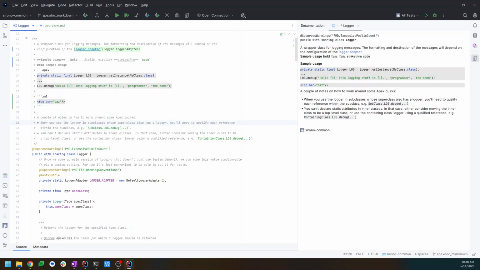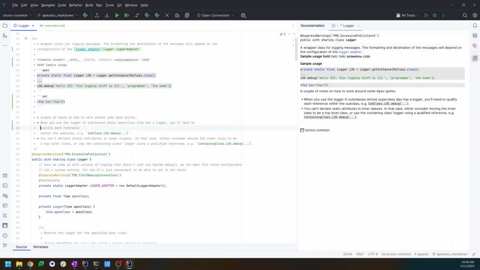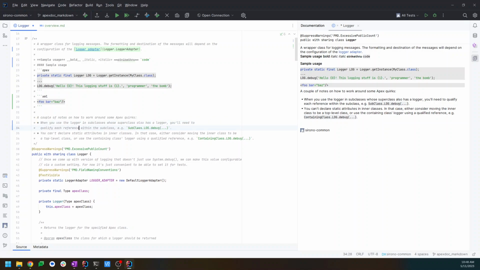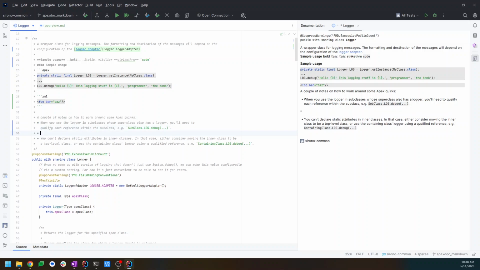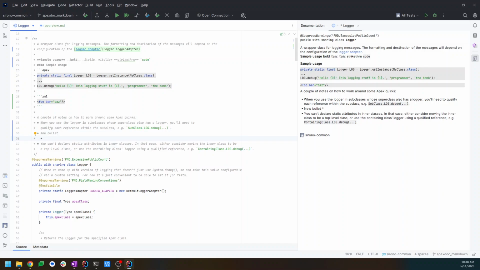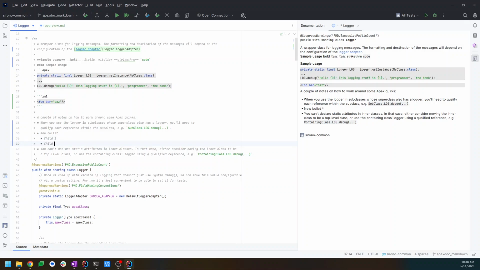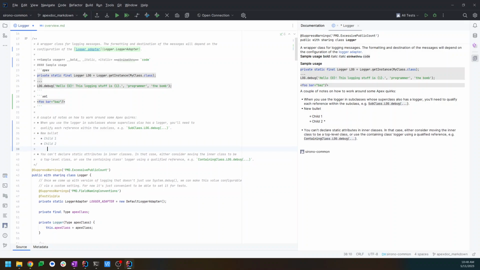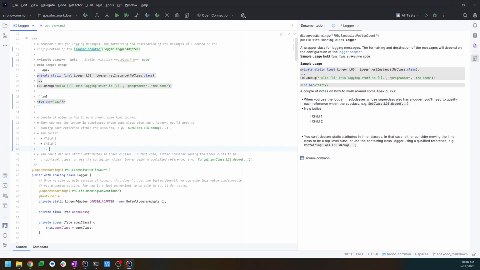Let's take a look at lists. So the editor, again, an IC specific feature, IC being Illuminated Cloud, not IcApexDoc, is I can break lines and it'll do them as continuations. I can join lines. I can create a new line by hitting enter and it'll go ahead and open a new bullet. New bullet. I can add a sublist by hitting enter and then hitting tab, and I can say child 1, child 2. I can add an ordered list by hitting backspace, it erased, and then I can say